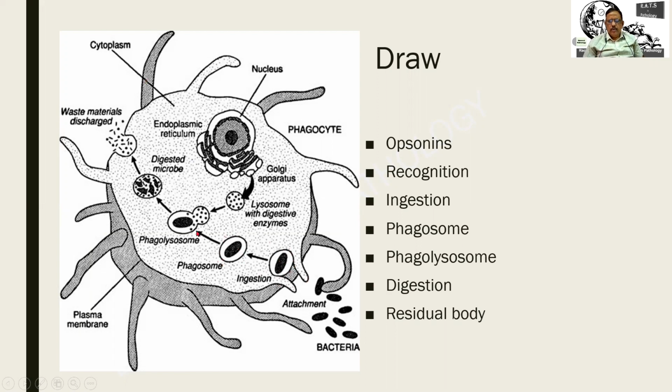As it goes inside, you find that there are powerful enzymes which are waiting for it to get digested. And this gets fused with the phagosome, producing what is called as a phagolysosome. And the lysosomal enzymes are poured into the vesicle. There is a combination. Obviously, there is a digestion due to the powerful lysosomal enzymes leaving behind a residual body. And whatever is ultimately digested is excreted. Sometimes you find that the aging bodies within the cell also can get digested, and they are called as residual bodies. So this you people should be able to explain.